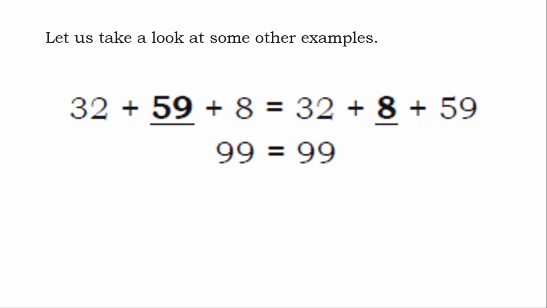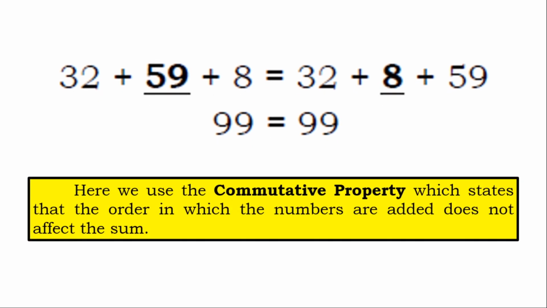Let us have another example. 32 plus 59 plus 8 equals 32 plus 8 plus 59. So the answer is 99. So here, we use the commutative property, which states that the order in which the numbers are added does not